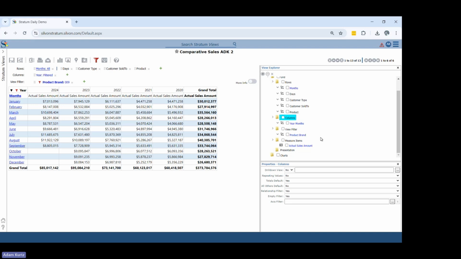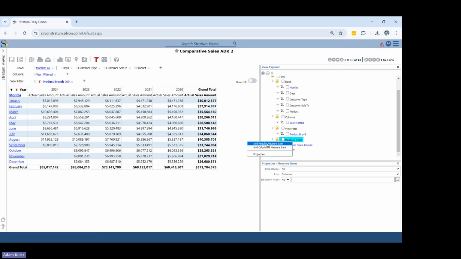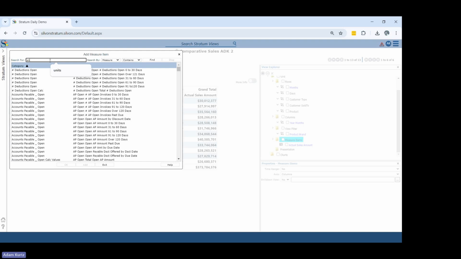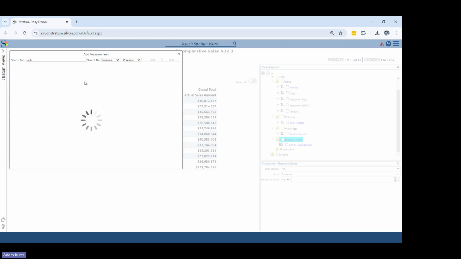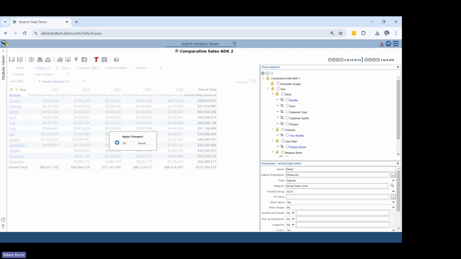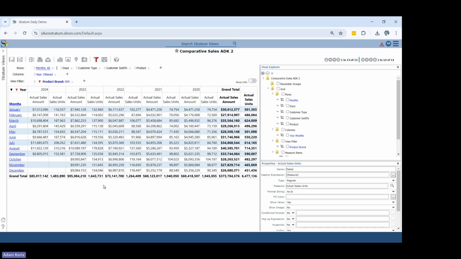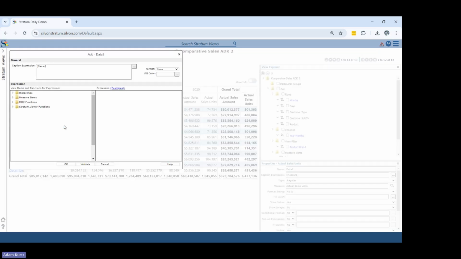And then, yeah, if you want to add in more measures like units, you can always add in more measures here and get the units in there maybe. Then you can get more data in there and look at those trends as well. Pretty simple to do. I can calculate off of these if I wanted to add in a calculated measure. Then I can do some sort of selling average sell price. Just doing simple math, or better yet, you can use the Stratum viewer functions, and you can do